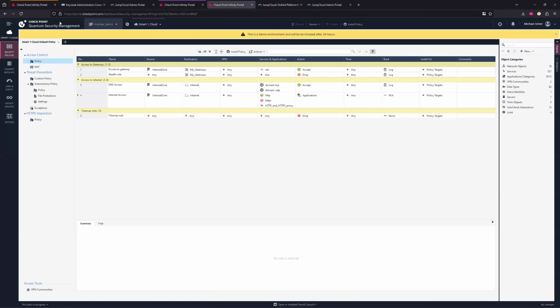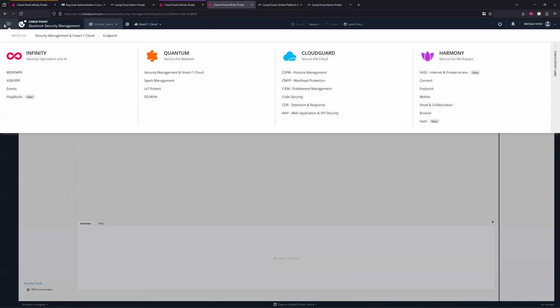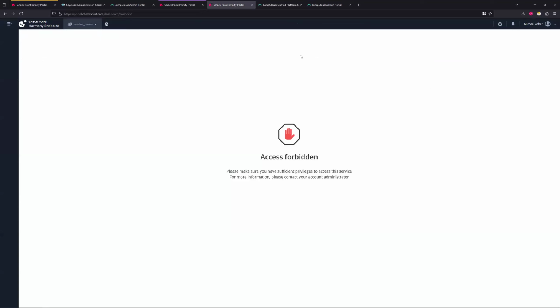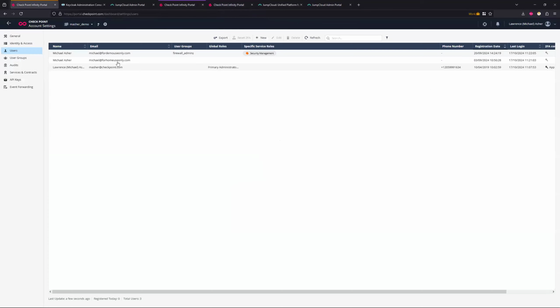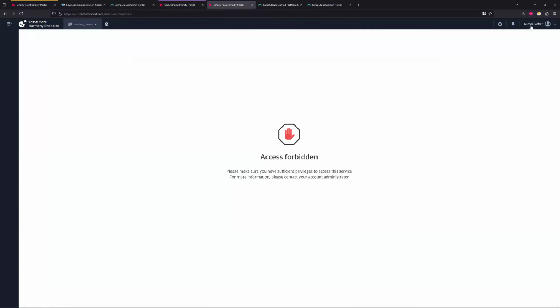And if I come to Infinity Portal and I want to go to endpoint, because I have a demo for that, click on demo endpoint, I have no access to this. So in this instance, I've now successfully logged in using my SAML service to do this. So if I log out,